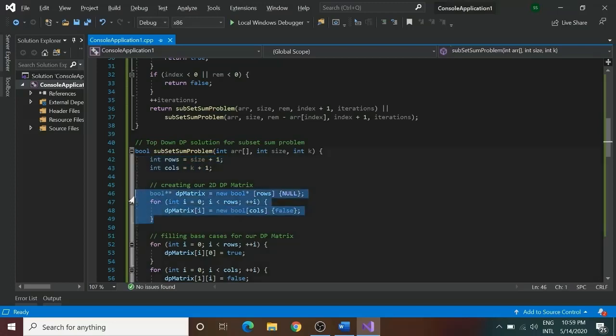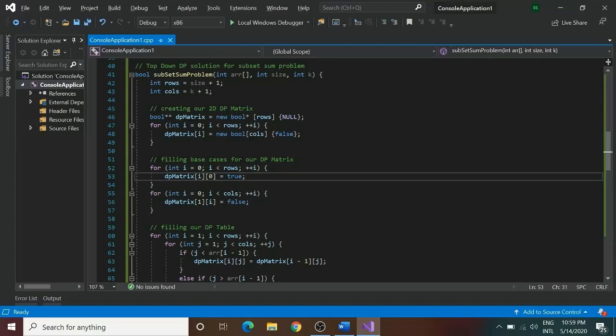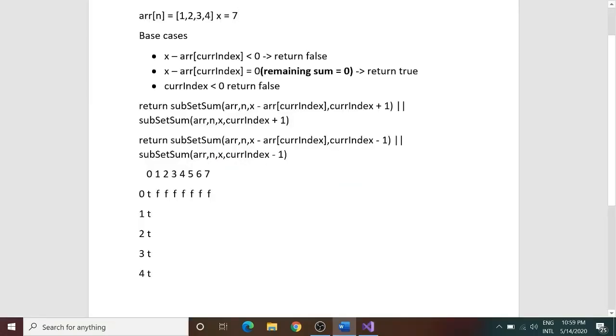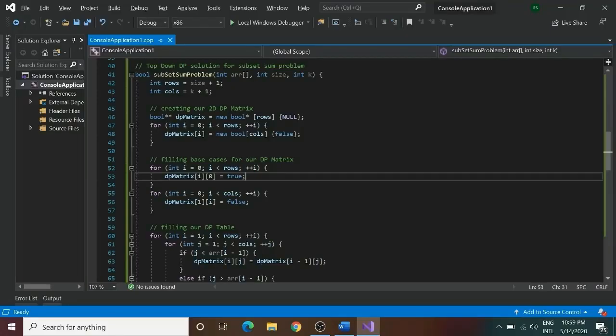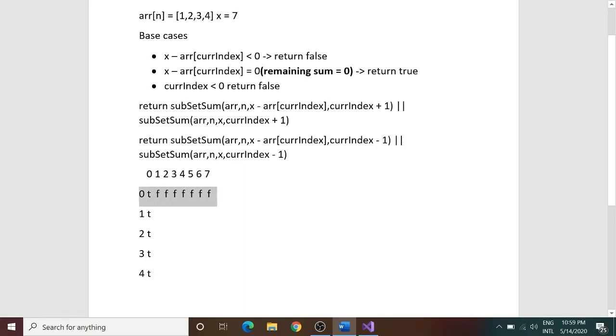Now what is this? We are initializing our DP matrix and we have allocated it memory. Now we start our DP matrix from here, and what are these? These are base cases. And what does this line say? This line says to just put all the contents of my first column as true. And I think we have discussed it already, why all these things are true over here. Now in the second case, what we are doing? We are filling up our first row as false except the element present at 0, 0. And that's what we have done over here. And why we have done it, again we have discussed it already.